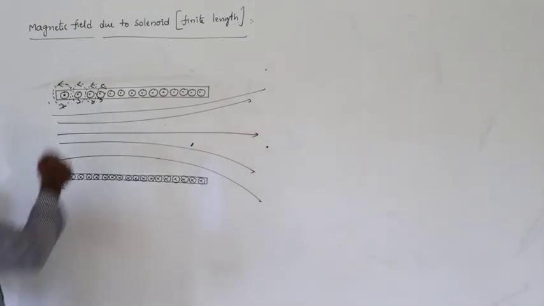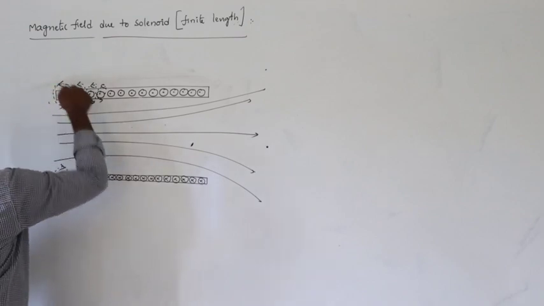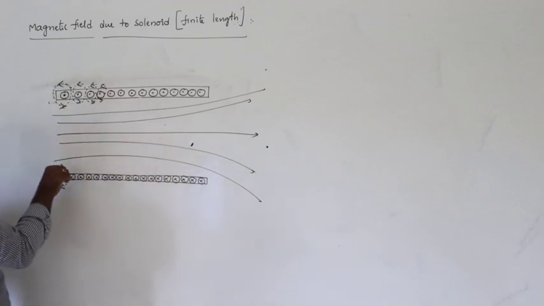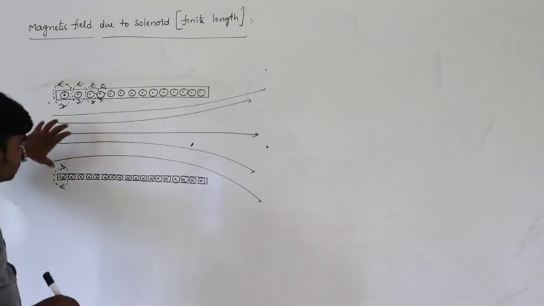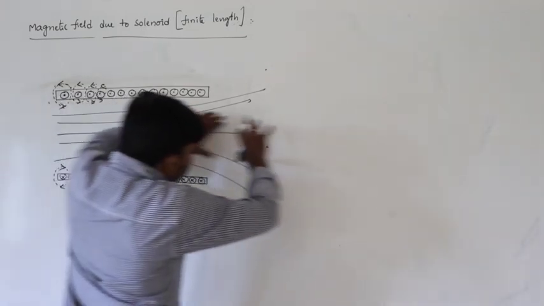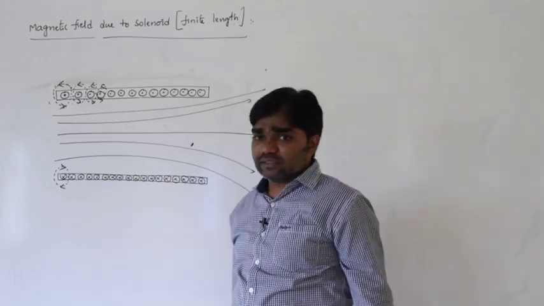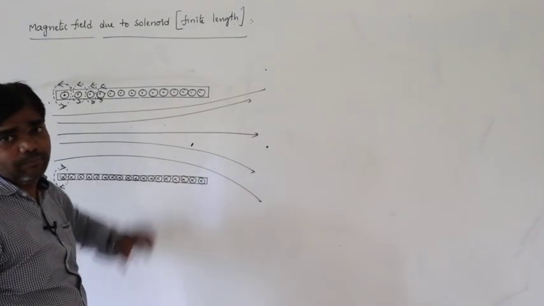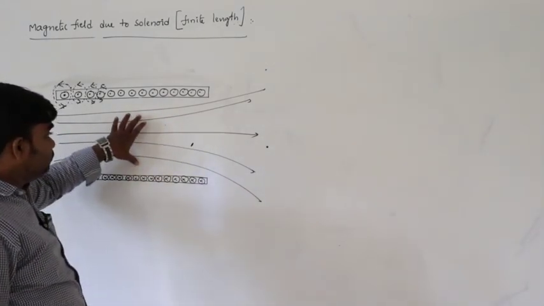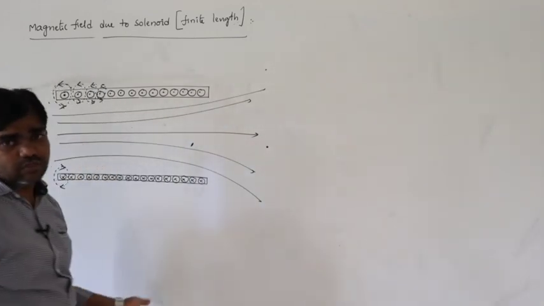Apart from that, here what we are considering, the direction of the current is outwards, so this is the direction of the magnetic field here. Here the direction of the current is inwards, and this is the direction of the magnetic field. If we consider this situation also, the direction of the magnetic field is in this direction only. But in case of finite length, the magnetic field is not uniform. It may deviate like this, in different situations.